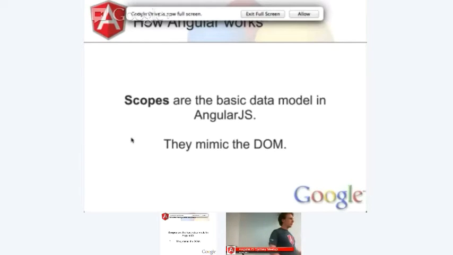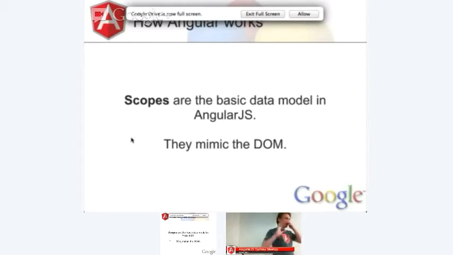How familiar are people with MVC as a concept? Okay, so for those of you who didn't raise your hands, MVC is basically an approach to engineering a system, a design pattern, which says, on one hand we have the representation of our data, the model, and on the other hand we have what people see, the view. So one might be a value between 1 and 100, which you represent as a slider. And the controller is the interface between these two. In this case, the view is your web page, it's what you see. Controllers are controllers in the Angular language, and the data model is for the better part scopes.